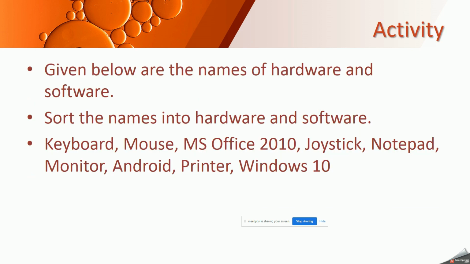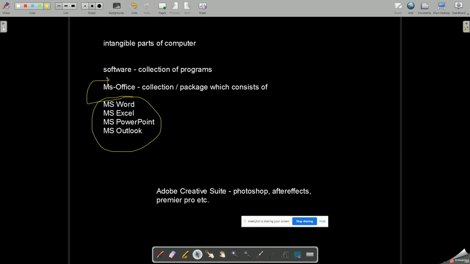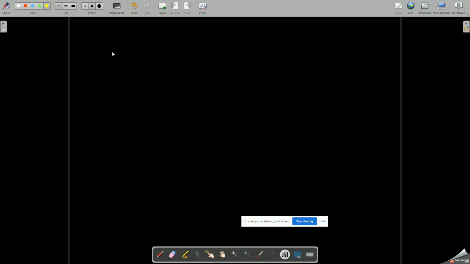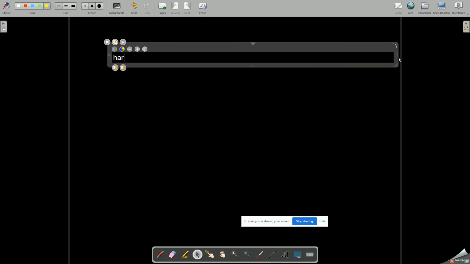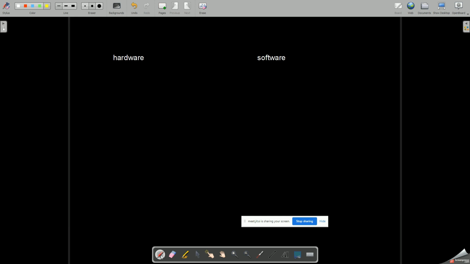There is a quick activity here in your copy. Quickly write down, make 2 columns, one hardware, one software. Make 2 columns like this, over here hardware and over here software. Draw a line in between.